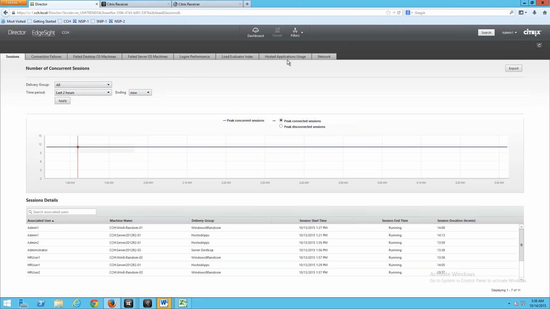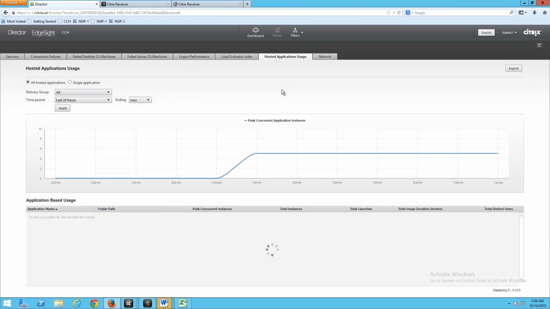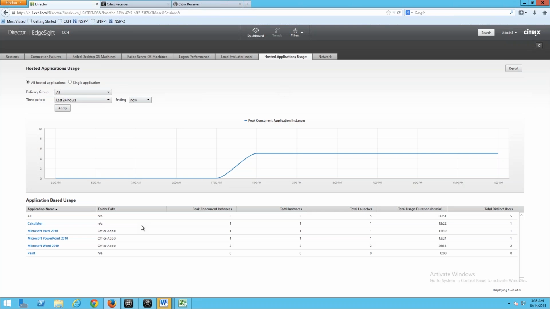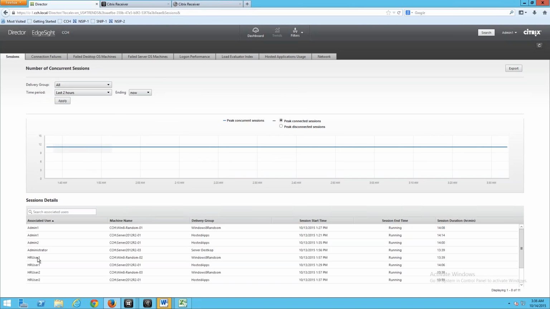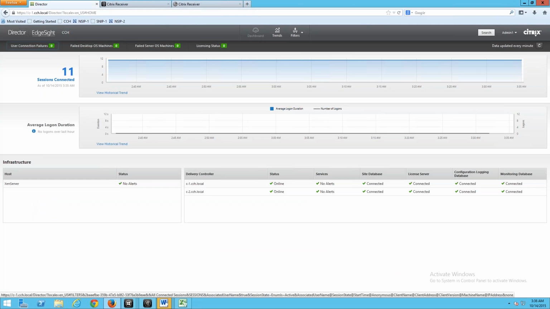We've now got a new feature for hosted application usage. So you can look at the application usage over a period of time within your environment. So I can look at the last 24 hours, and depending on the licensing version you have, you can actually go back to look at data over the last year as necessary. If I need to, I can go to the actual sessions for a user. So let's say HR user 1. Your help desk team can log into the